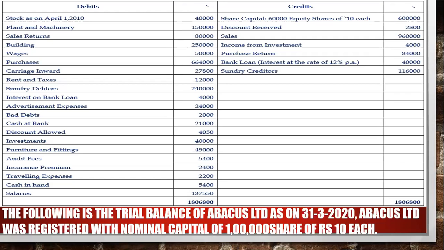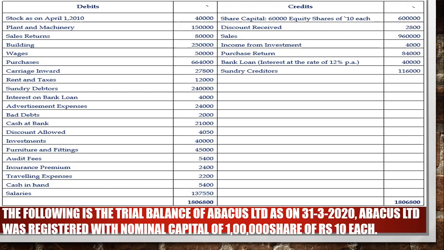Sales return. Okay, no, sales return is remaining. So here, on the opposite side, in the line of sales return, you will get your sales amount. How much sales is there? 9,60,000. As I told you, this sales will go to revenue from operations in the profit and loss statement. Clear everyone? Revenue from operations, first head.